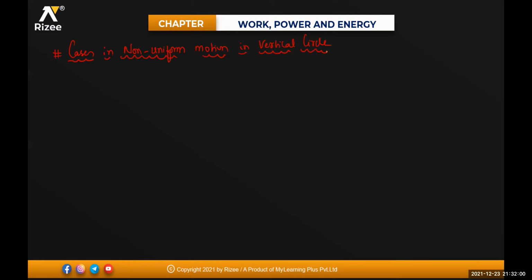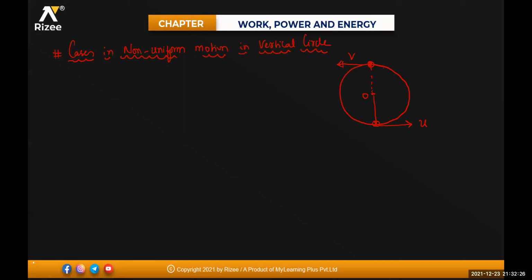Okay. Now here, when a particle is moving in vertical circular motion, what must be the minimum velocity at the lowest position so that the particle may complete the circle? I hope everyone knows this one. This is your initial velocity, and at the highest position, we'll be having a final velocity. This is your distance, and this is your center O.